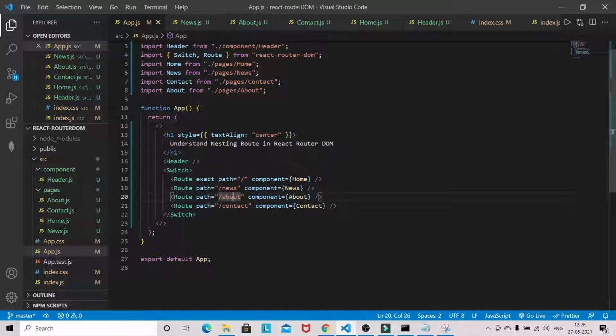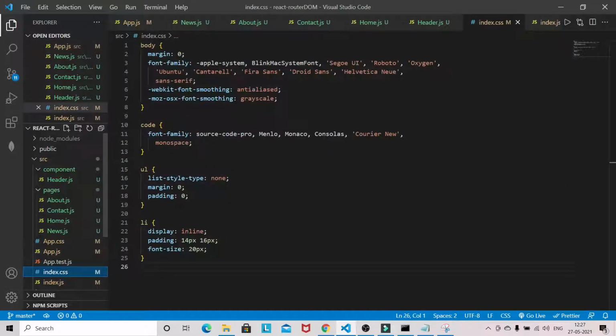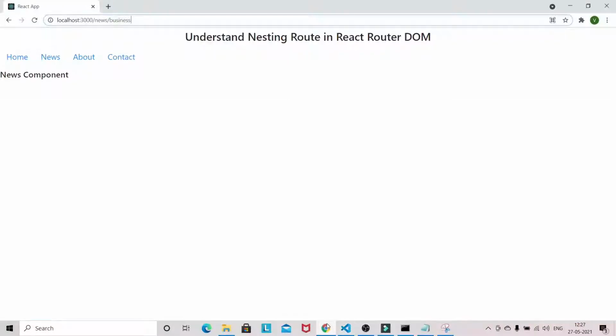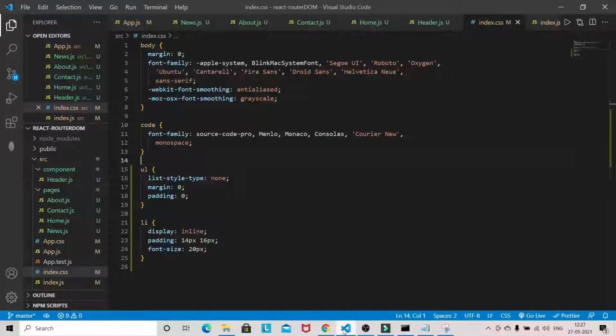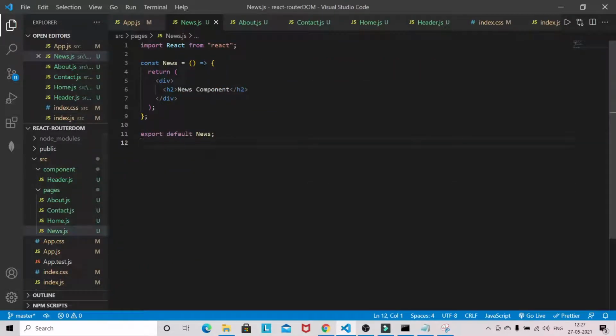You can see we have the news component registered with the news route, and in the same way for the about and contact pages as well. I also added some basic styling to show the navigation inline. We have to implement the nesting route in the news component, so we'll start working on it.